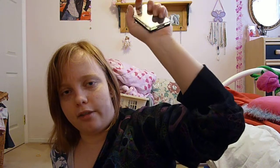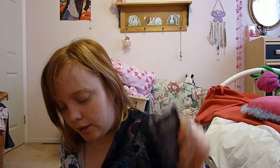So I got this for $5 at Zellers as well, and all in all, these shade palettes are great. I highly recommend getting